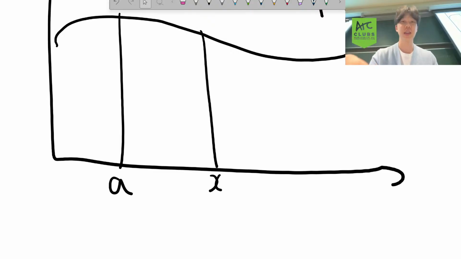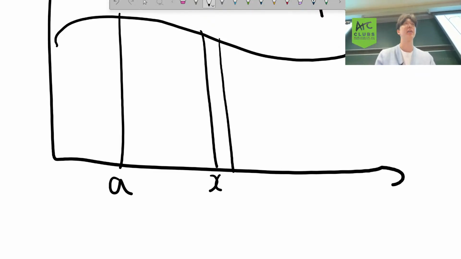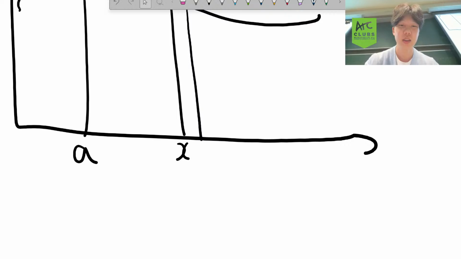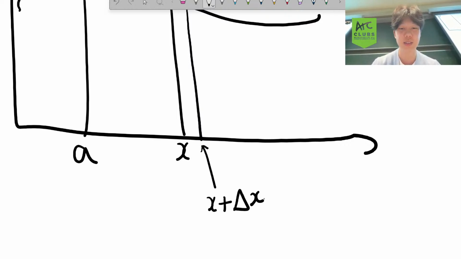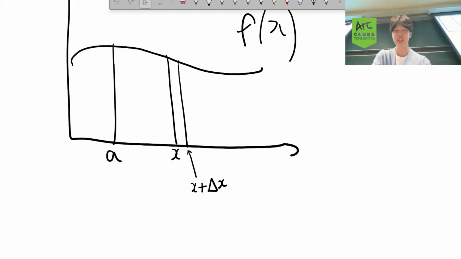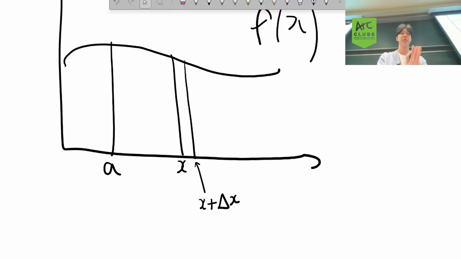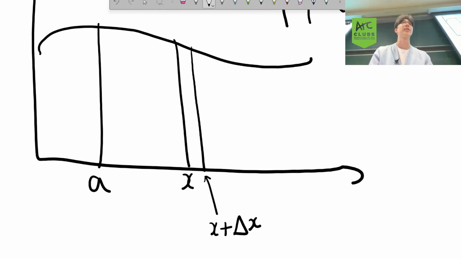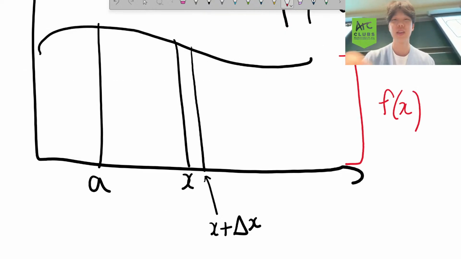Imagine I just increase the area very slightly by a really small amount. So this x point, I'm going to call it x plus delta x, where delta x is just a really, really small change in x. It's like a really tiny change in area. So if it's really, really small, or we made a really thin rectangle, right? The height of this is basically just going to be f of x. Because it's really, really thin,